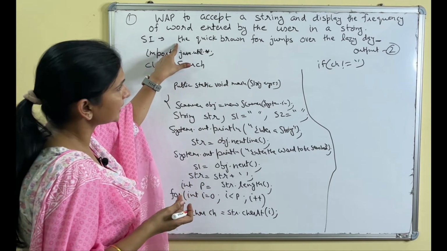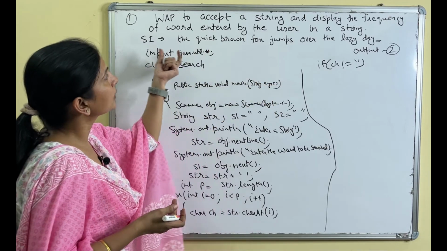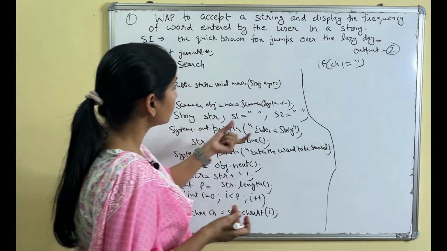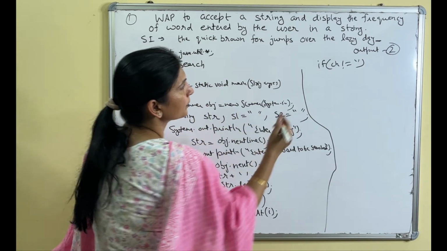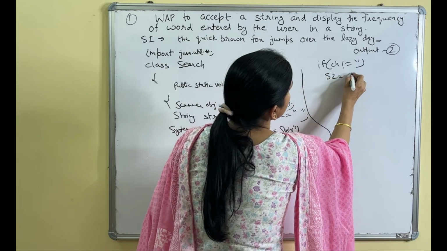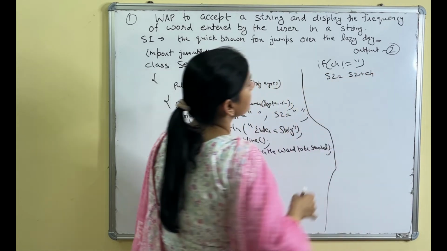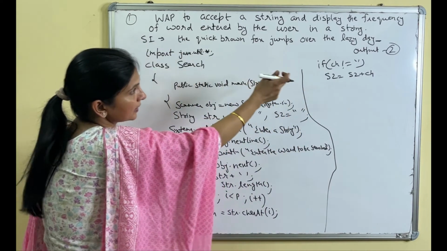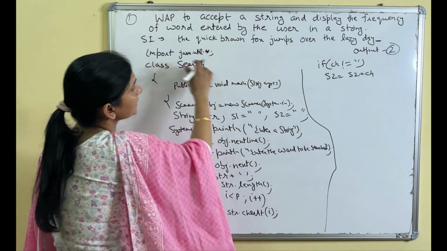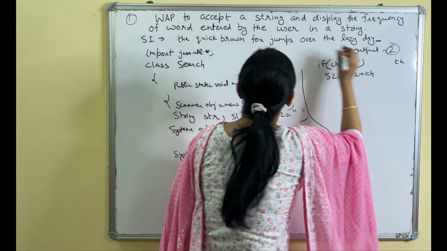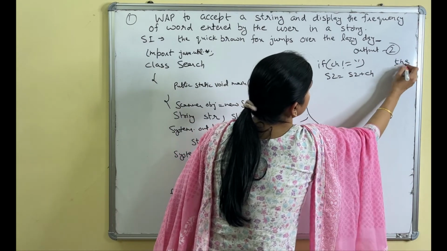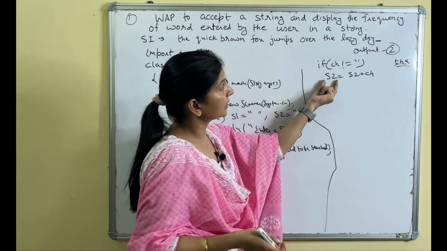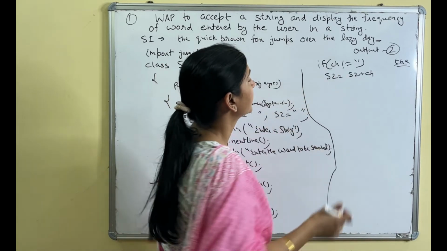if ch not equals blank, for example here it is t, then at first place the character is t. So t is not equal to blank, so what should happen? It should be stored in a string. It should be concatenated in a string, a blank string, and that is s2. s2 equals s2 plus ch. Okay? Then again it is h. Again the condition is true. So first t came in s2, then h came, then e came. So "the" is concatenated in a null string or in a blank string, and that is s2, right?